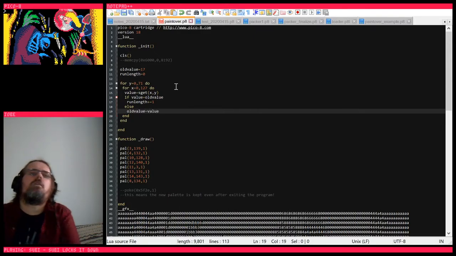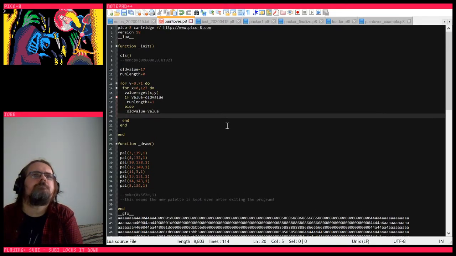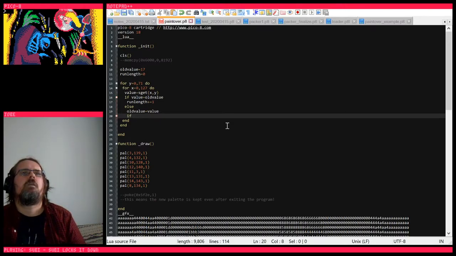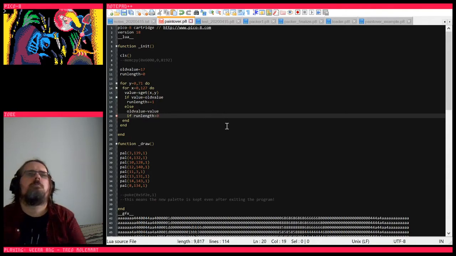So now we're looking for pixels of this color, and then it checks if run length is greater than 0, then